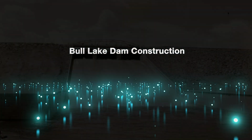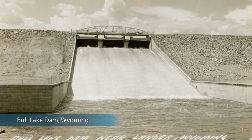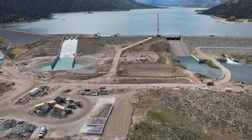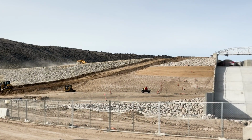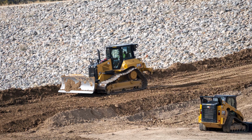The original spillway construction of Bull Lake Dam in Wyoming was completed in 1938, and it took approximately 2 years to build. However, over time, the original spillway reached the end of its design life and needed to be replaced. Reclamation's Technical Service Center in Denver determined that the most cost-effective approach was to construct a new spillway south of